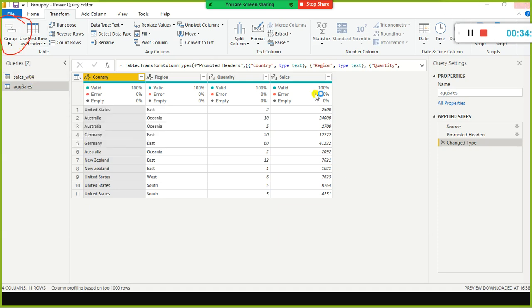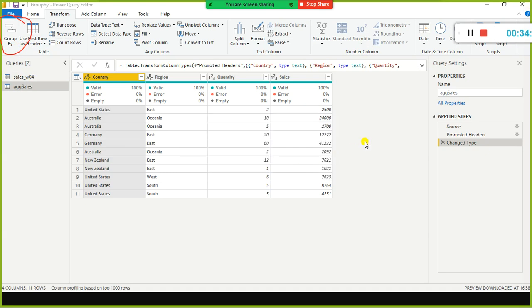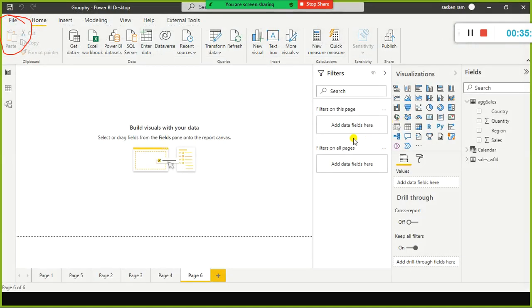I'll just close this one, Power Query Editor, not now. First of all, what is fuzzy grouping? The idea of fuzzy grouping is to do a group by operation which uses an approximate match algorithm for text strings.